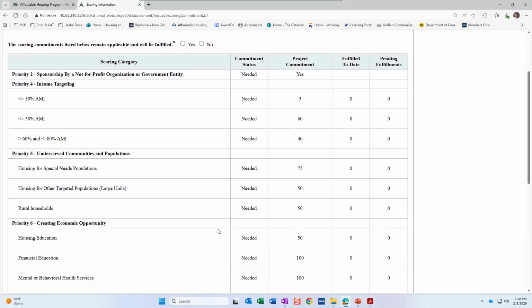You'll notice as I'm looking through here, there's nothing I can really do with this information yet, but what is here is, of course, each of the categories, the project commitment, so the number of units that need to meet each scoring commitment out of the total on your project. Then there's going to be this fulfilled to date column. This is going to show the number of units that meet each scoring commitment that have been funded already. So if it's been funded and money's gone out the door, it'll add to this count. Of course, I don't have anything yet that has been funded on this project. This is brand new, so you're going to see zeros, but you'll see these numbers grow as you start submitting